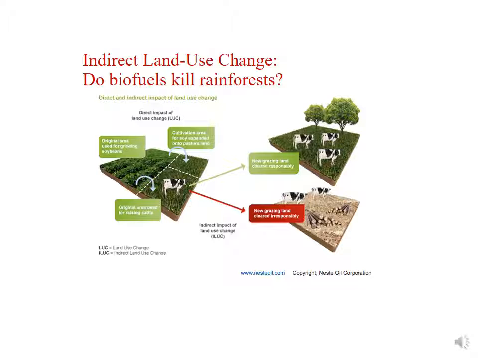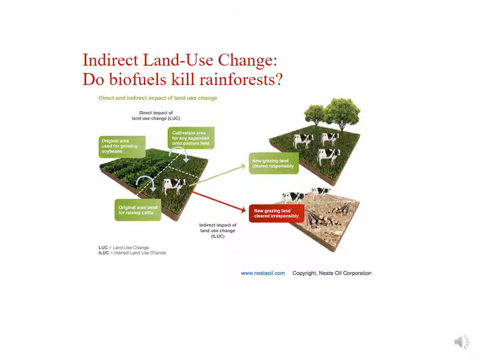To become familiar with the concept behind indirect land use change, we could use this diagram here as an illustration of what it actually entails. The idea behind indirect land use change is that if you take land in a particular part of the world that is being used for one particular application, for example, growing soybeans on the left here, and you convert that land to a different use, for example, convert it into pasture land that you use to raise cattle,